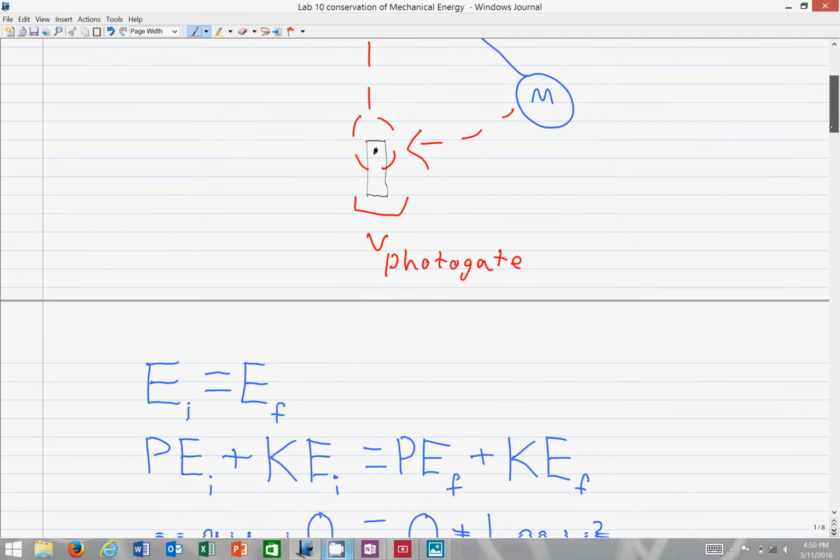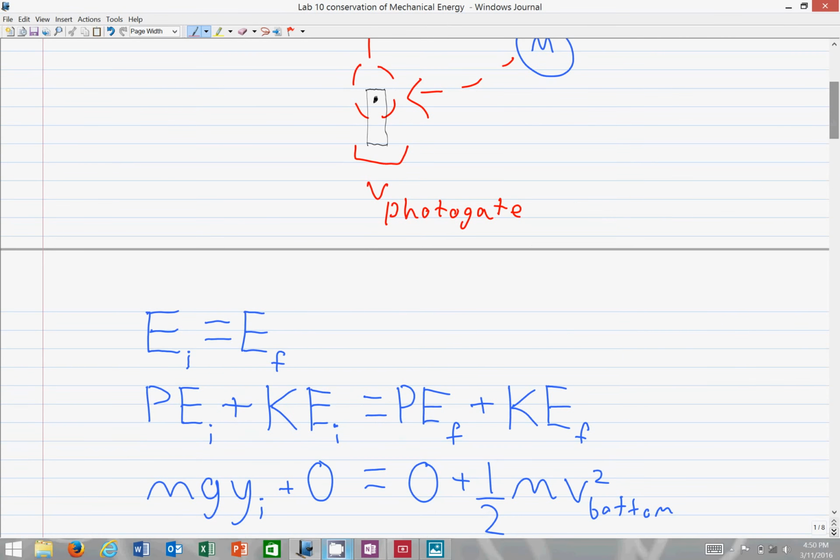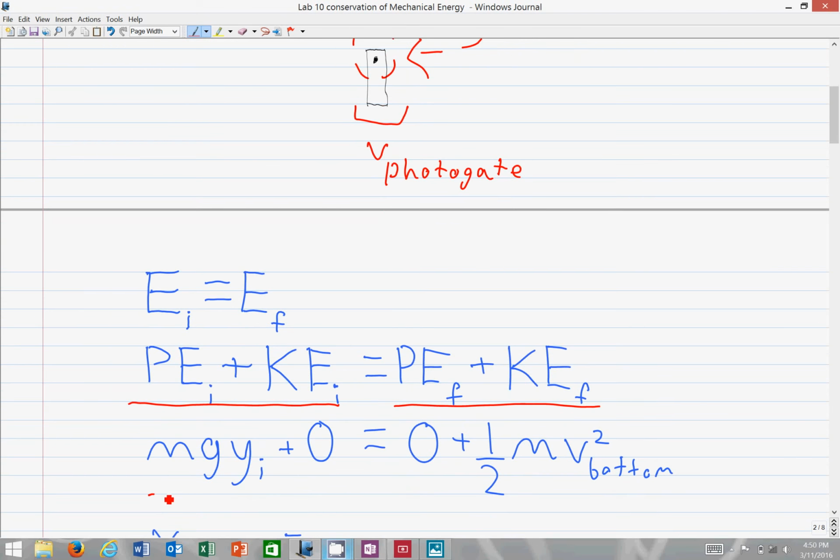We know that conservation of energy states that all of the initial energy must equal all of the final energy. Applied to our system, this simplifies to just the initial potential energy equals the final kinetic energy. And you should be able to explain why these are zero